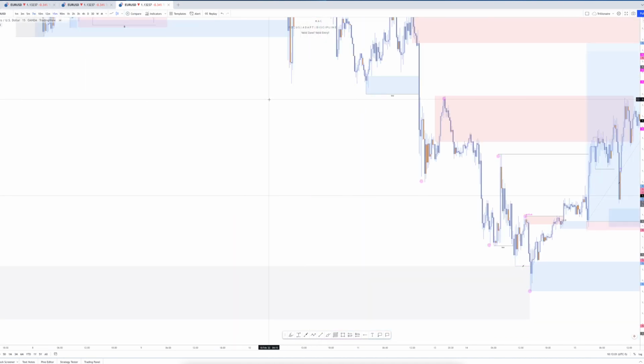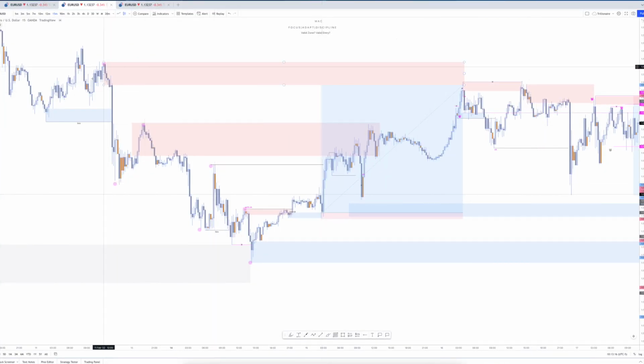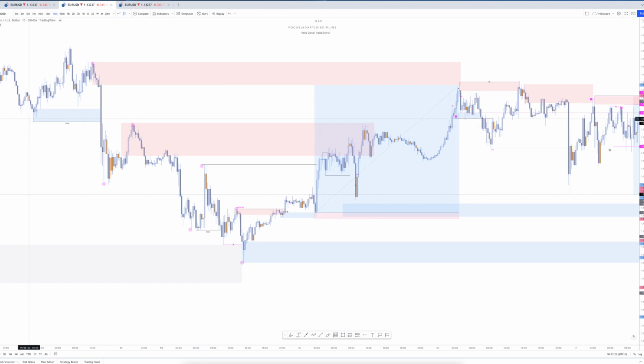Let's go back to the M15. So based on the M15 time frame, we do have this supply here. This supply here was responsible for breaking structure to the downside here, okay, which is something that you guys want to pay attention to. Now, for those of you who need a checklist on what you're supposed to look for in order to have a valid supply zone, a valid demand zone, a valid break of structure, a valid trade in general,